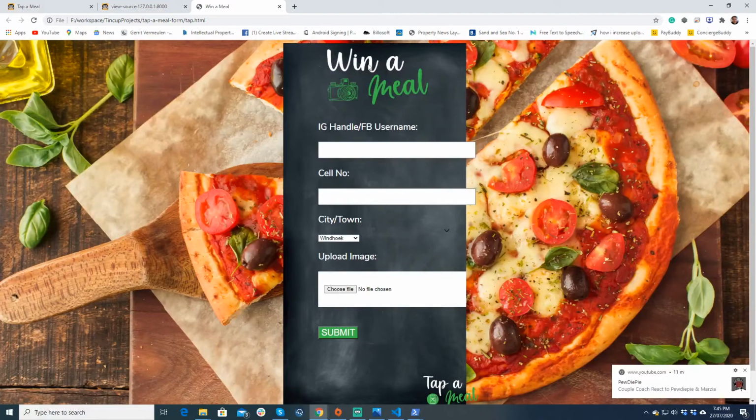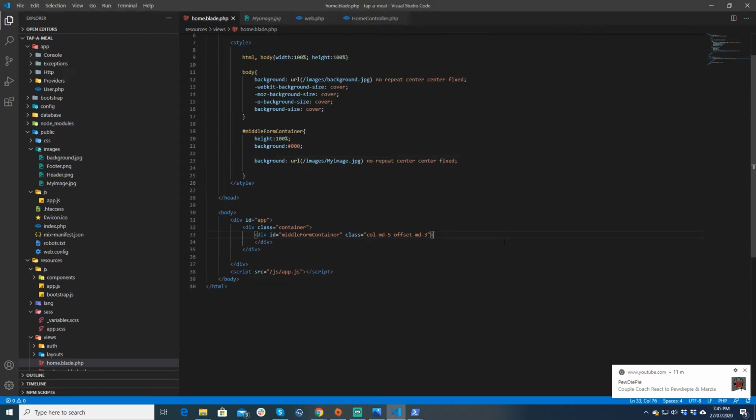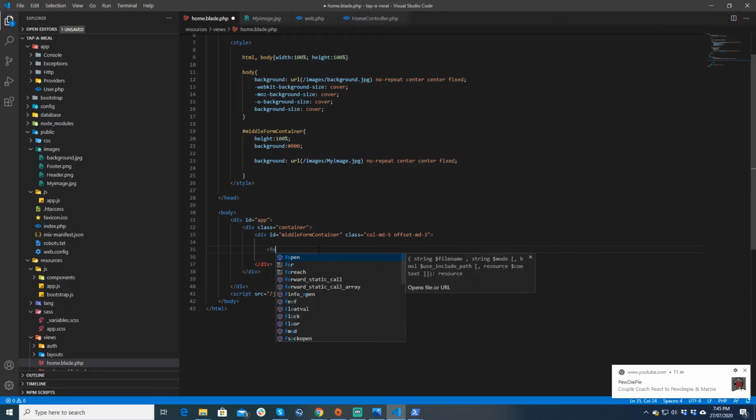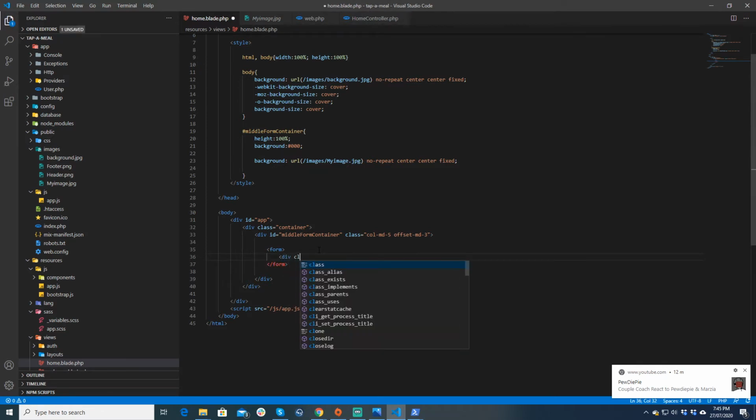Okay, so next step is I want this win a meal. So on the top here, let's create a form. Let's create a Bootstrap form. So for now, I'm just going to say form and end it over here. And then I'm going to make different groups. So div class form group,